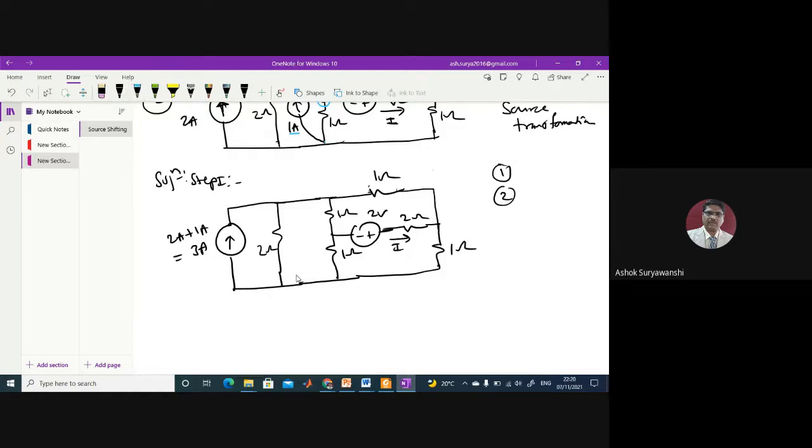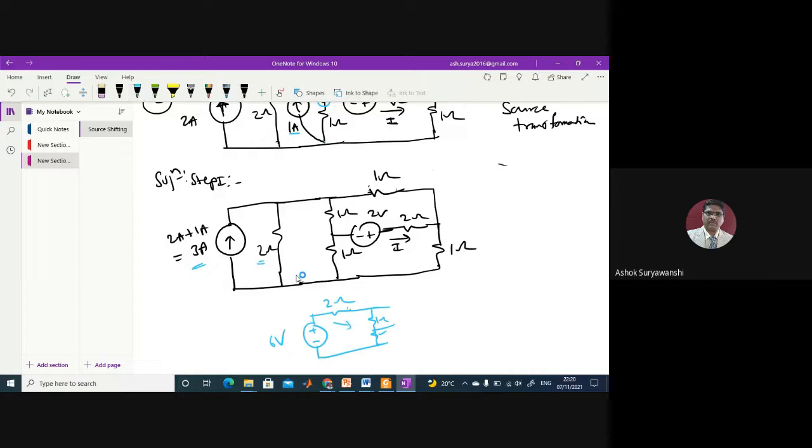Okay, let us come to the solution further. Looking at step one, we have added this 2 ampere and 1 ampere because they were in parallel. Now, what is the next simplification? Suppose somebody says that now 3 ampere is the current source and 2 ohm is the whole resistance across it, just transform it. But transforming will not help, because if you transform this, you will get a voltage source with V equal to IR, so 6 volt, and the 2 ohm will come in series. The remaining will be as it is, so you cannot simplify further and you will be stuck again.